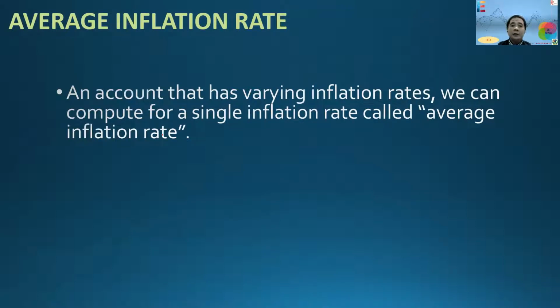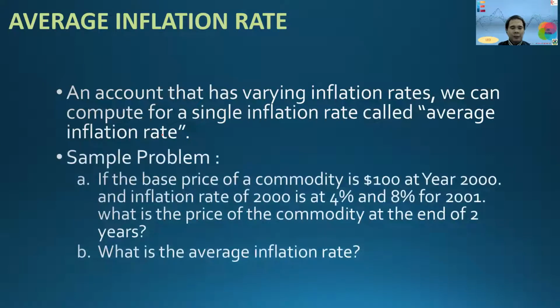Number one is the average inflation rate. So it is an account that has varying inflation rates. We can compute for a single inflation rate called the average inflation rate. Okay. Sample problem: if the base price of a commodity is around $100 at the year 2000 and inflation